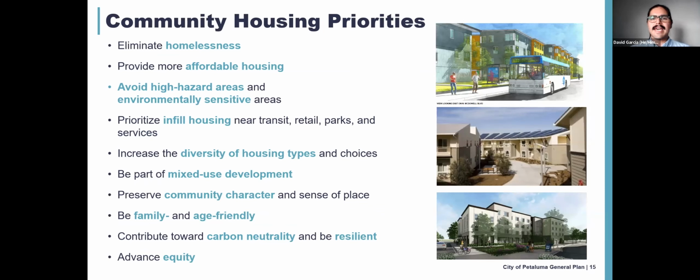So if we look at this quite extensive list, I want to summarize it by saying that Petaluma prioritizes these three themes for housing: equity, environmental health, and thoughtful densification. So Petaluma centers the needs of unhoused communities and wants accessible and affordable housing that meets the needs of families, seniors, and many others. Petalumans prioritize climate action and want housing to help us achieve carbon neutrality by 2030 and respect the larger ecosystem which we are stewarding.